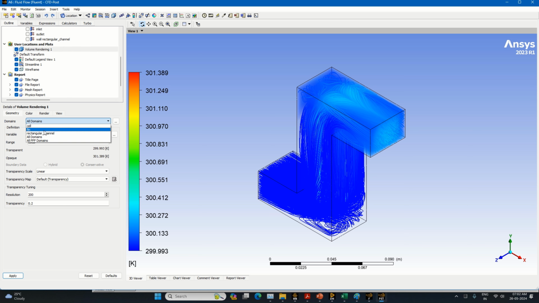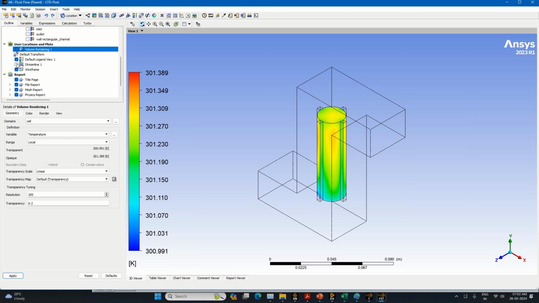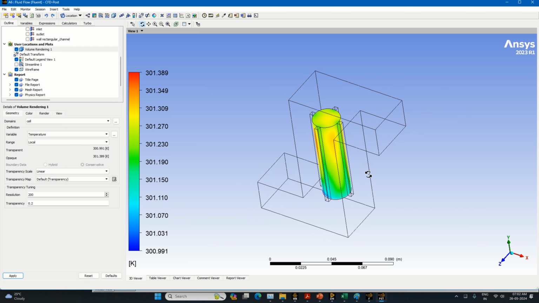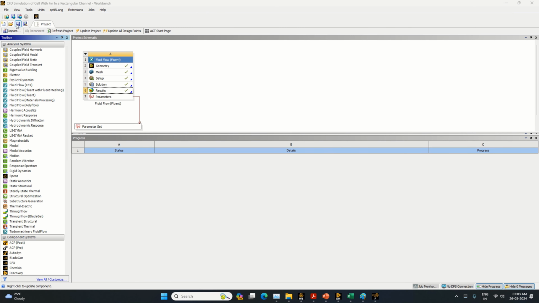So if I take the cell only, you can visualize the portion of cell only. So let's close the streamline. So you can see only the cell, how the temperature variations are there on the cell. So individually also we can visualize this here. So let's close the CFD post and run it for further number of